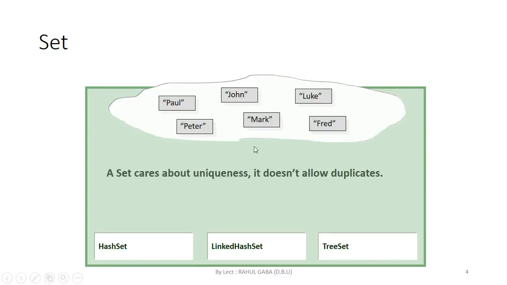There is no duplicate data. It is a property of set, because set contains only unique elements. In this set of names there is no duplicate data. So that's the definition of set. I think it's clear. Later on we will discuss what is hash set, linked hash set, and tree set.